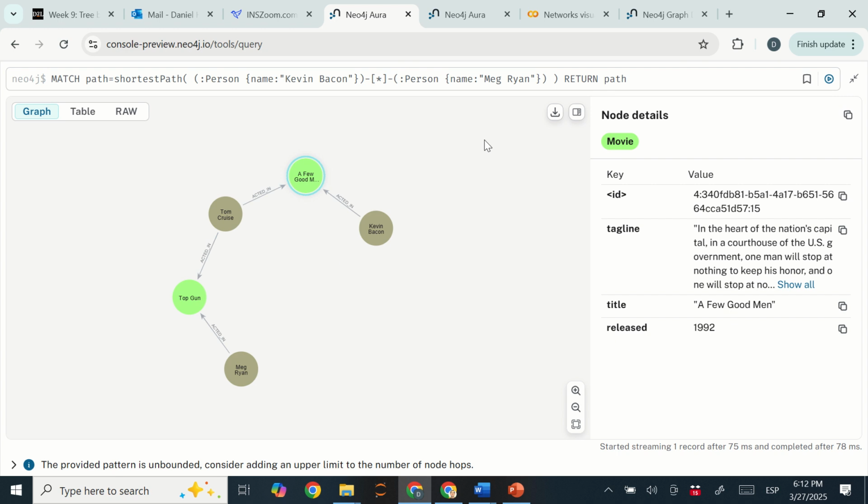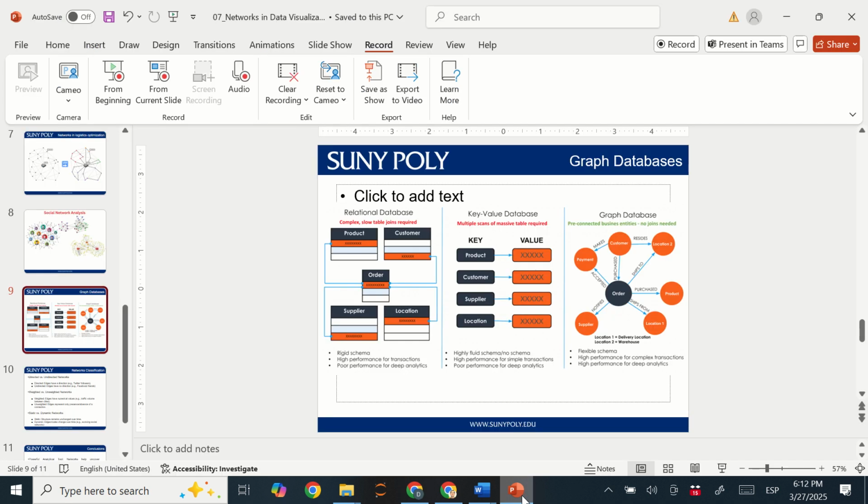Again, using these data structures, these graph databases, you can answer different questions and visualize the relationships in a different way than traditional databases with just tables. So it's a different approach. Okay, so before we go to Colab,